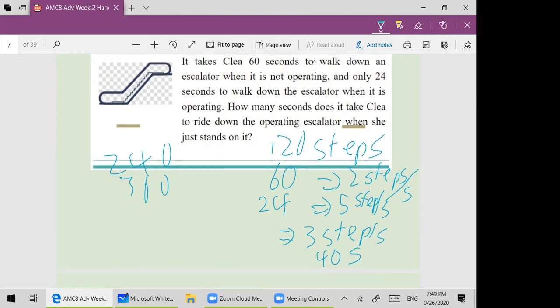It's not necessarily true, but if you replace 120 with x, it turns out that it still holds the same